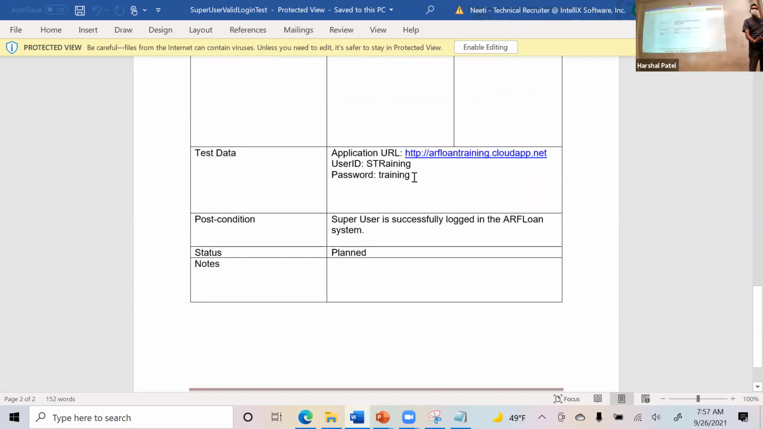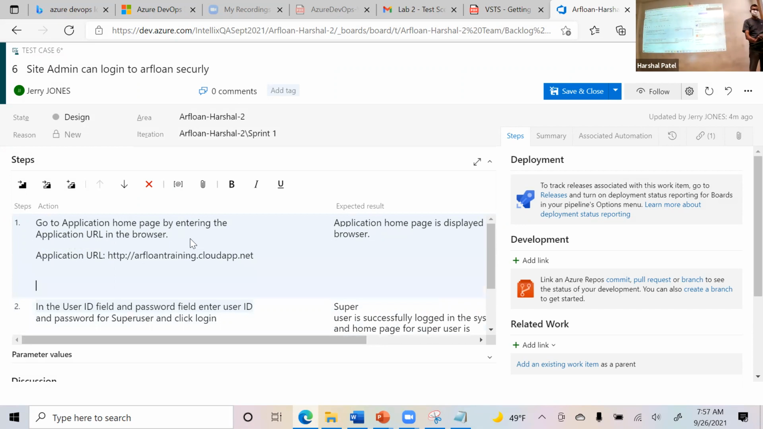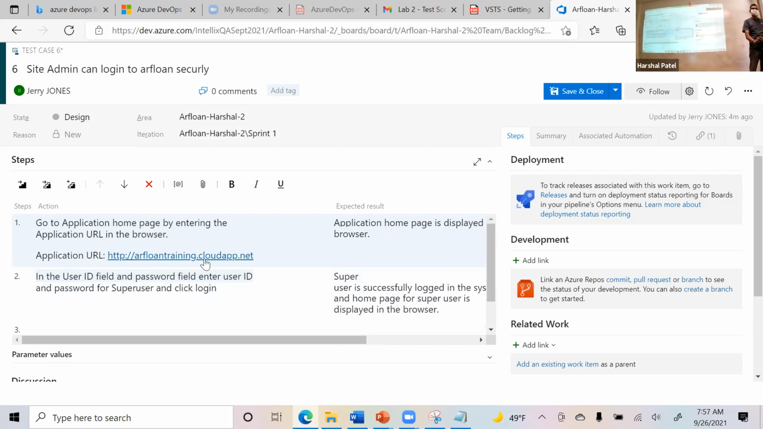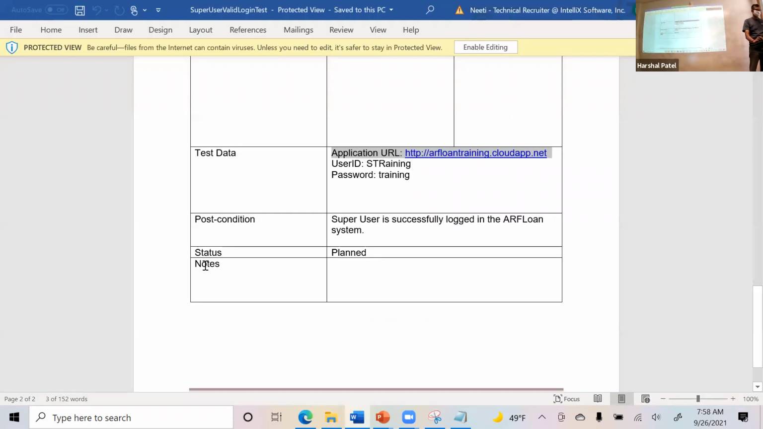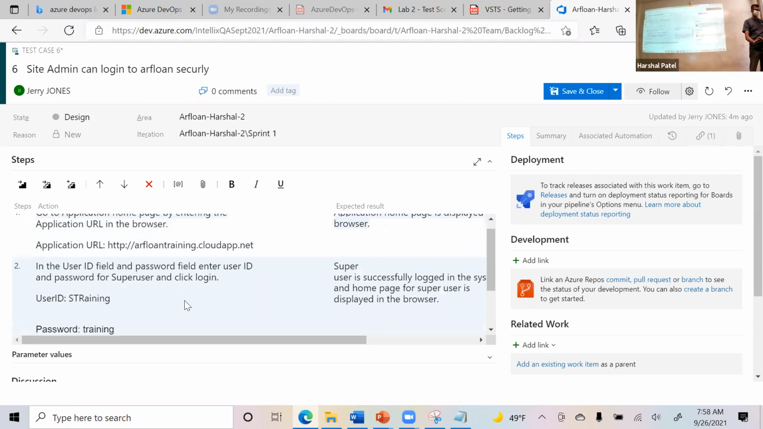Now we have test data. Where do we put test data? In the tool, right? In the tool, they don't have a separate section called test data. So you don't have a separate section to put the test data in. What you can do is, within the step itself, you can put your test data right there. So the application URL, you can just put right there within the test step. Same thing with user ID and password. Here in the second step,